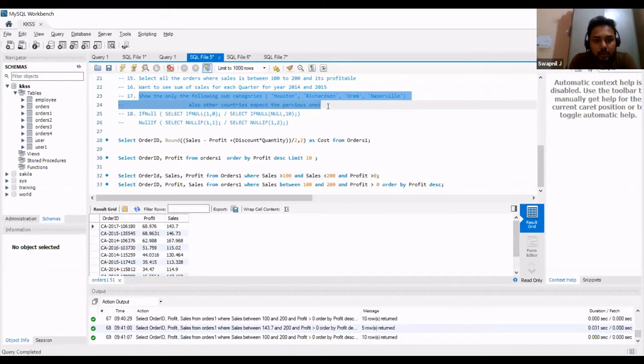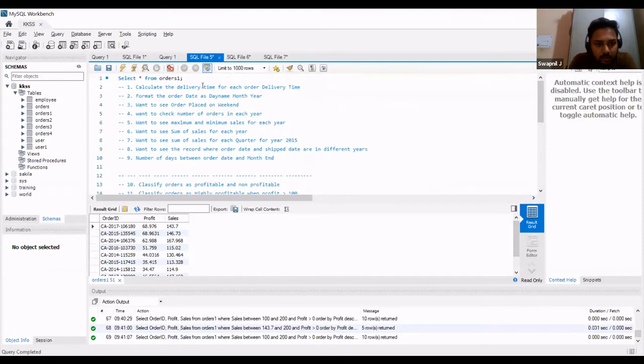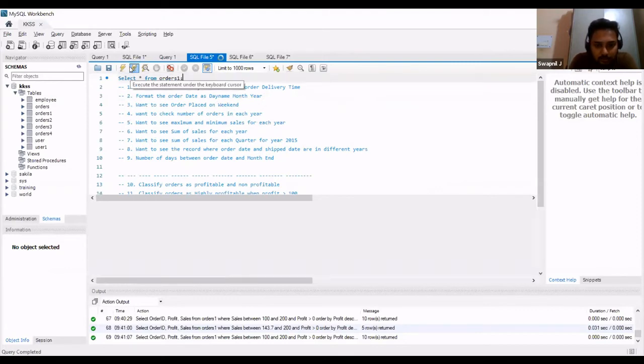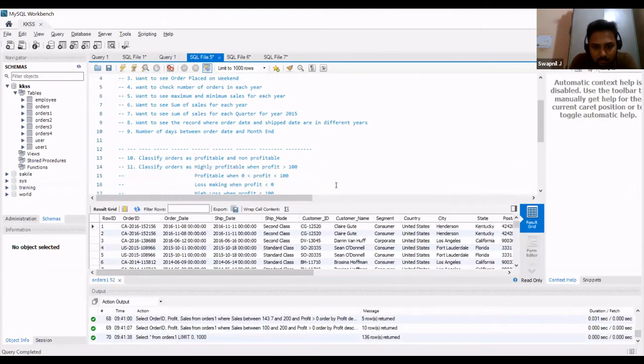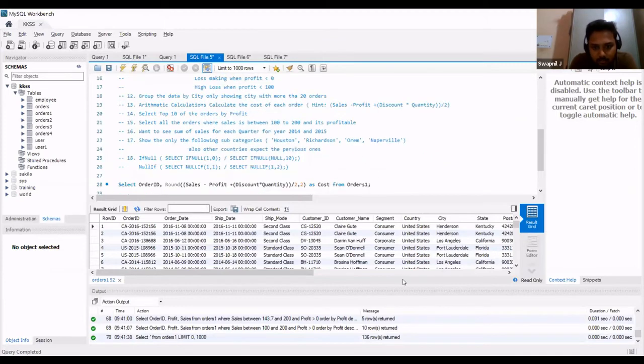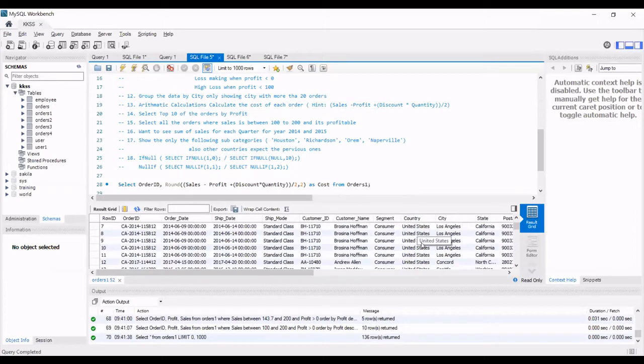Now we want to show only those subcategories or cities. These are the cities, I guess. Yeah, they look like cities.